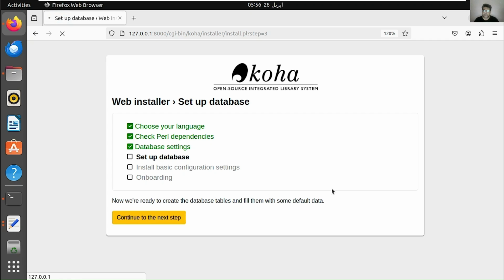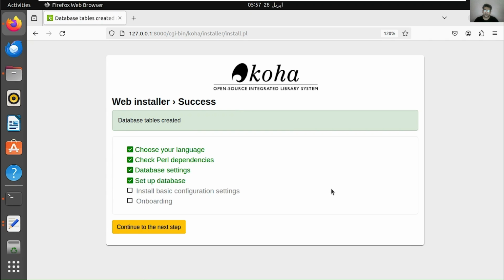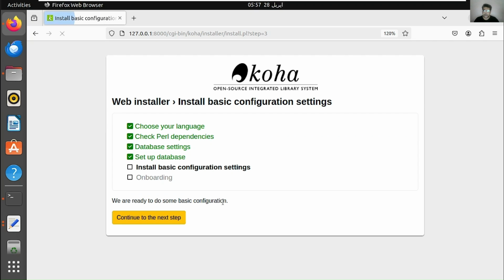Now we need to set up the database. So it has created the tables. And now install basic configuration settings.